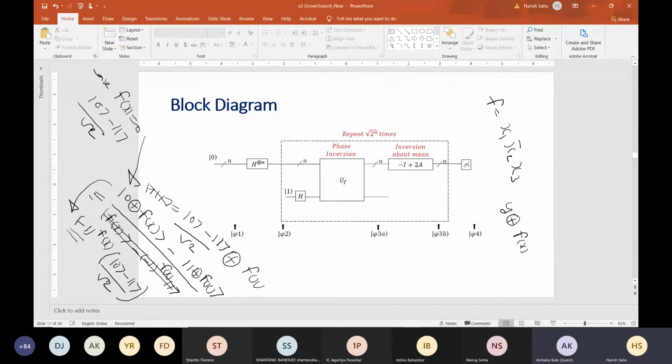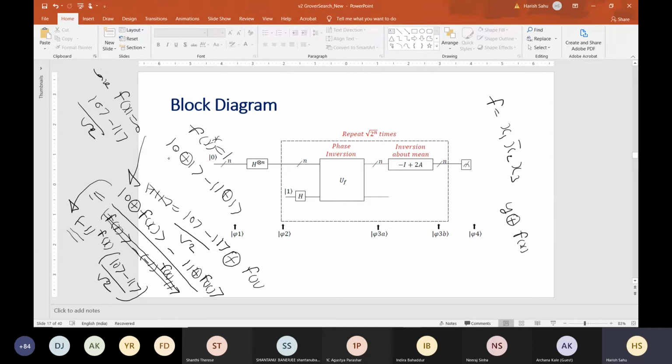Let's take case 2, when f(x*) is 1. Then it will be 0 XOR 1, minus 1 XOR 1.